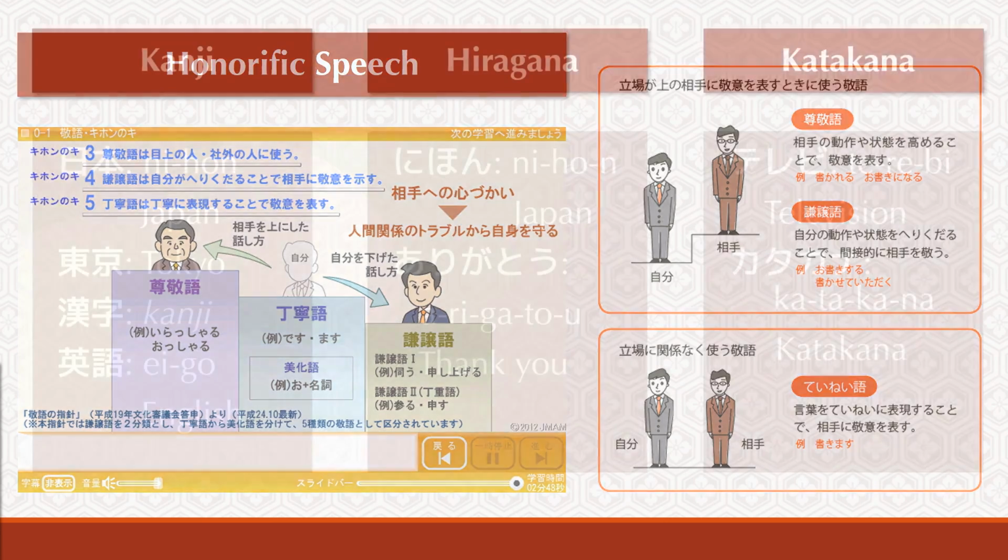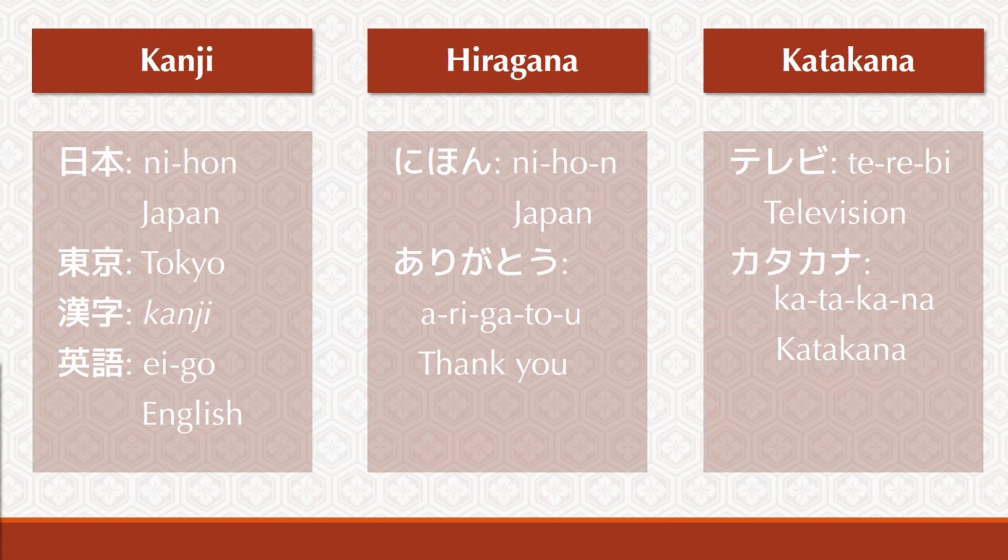Okay, with the basic characteristics of the spoken language down, we can now look at written Japanese. Just as in the 9th century, Japanese today is written with 3 different scripts: kanji, the Chinese characters; hiragana, a stylized syllabic script with cursive shapes; and katakana, a sharper-looking syllabic script. Each of these has a specific role. In general, kanji are used to represent nouns and the root meanings of verbs and adjectives.